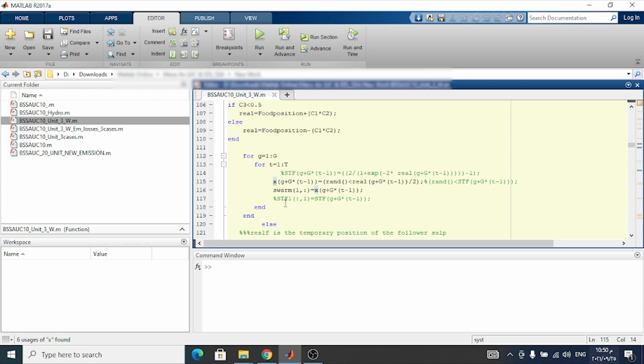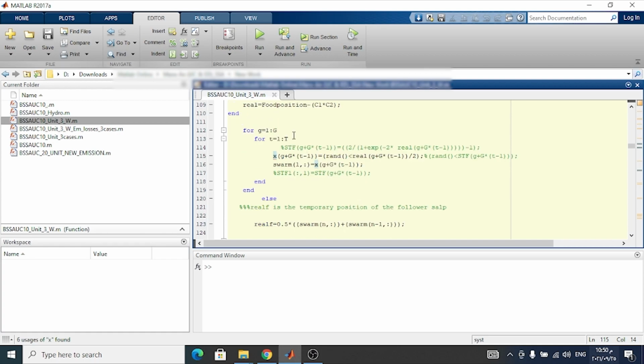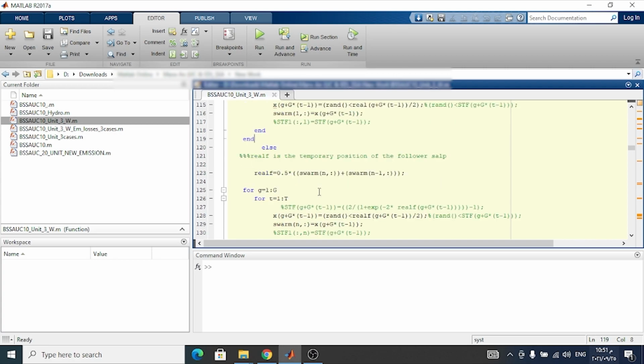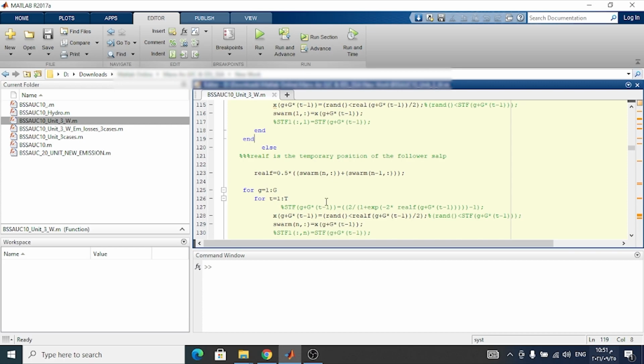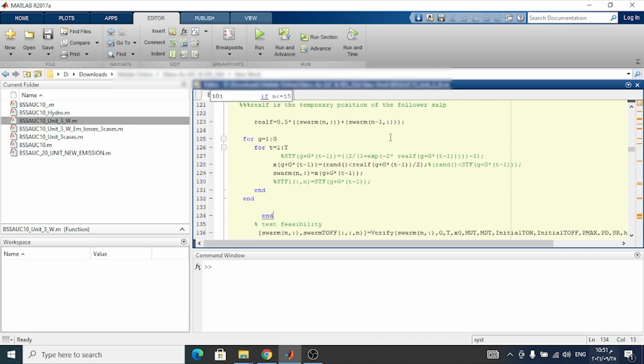A new position for each generation for 24 hours. As you see here, this is after that for each generation for 24 hours. As you see here, this is the new position. Now we get the new position for swarms, and after that we, as you see here,